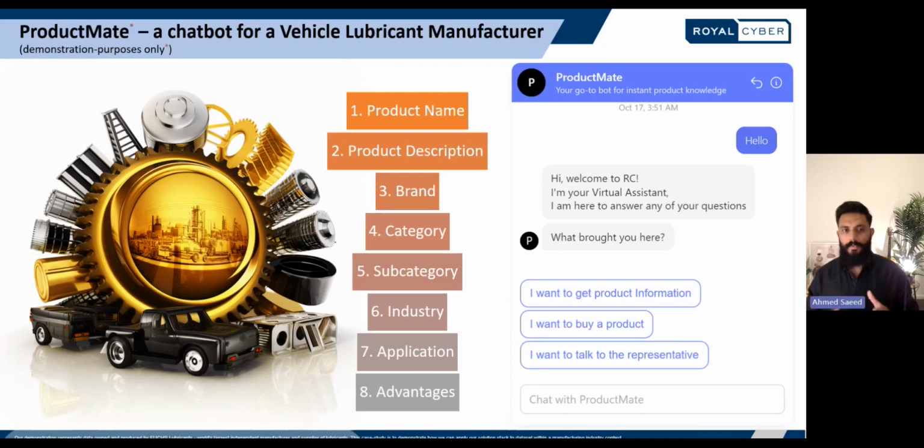In this data set, as demonstrated on the screen here, it has 8 columns consisting of product and related information. So we can ask a series of questions to our front-end product, and they'll respond based on the way we have created, which Lohit will walk us through. But let's take a quick look before I pass it over to Lohit.